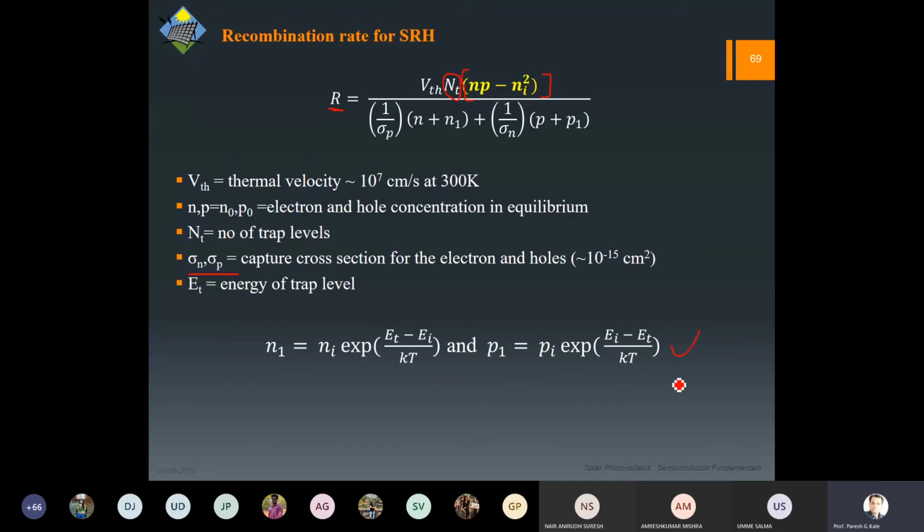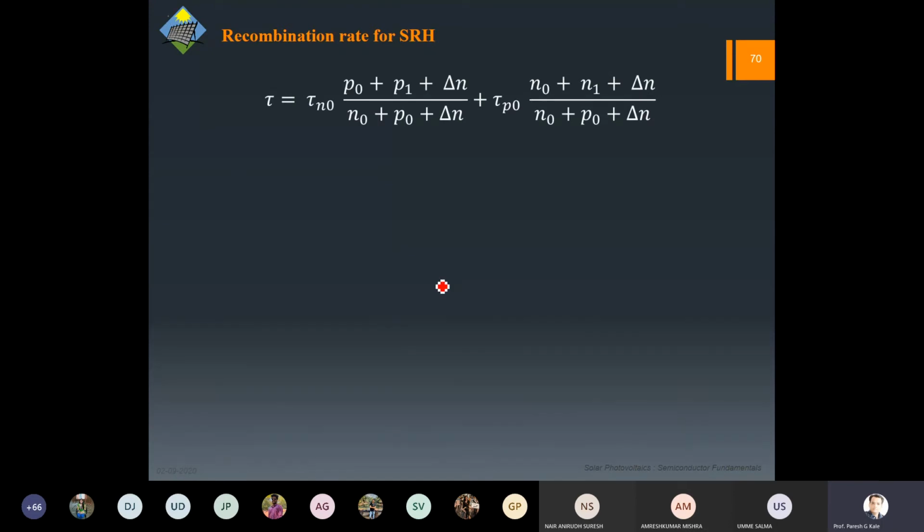These formulas we will discuss in the next chapter. We can also substitute the tau values over here, or rather we can substitute the sigma value, so that we can find the expression in terms of tau values. And we know that the recombination time depends on the excess divided by the recombination rate. So if we substitute everything and simplify, we get this particular simplified formula. At this point, you can say that one is for electrons and one is for holes.